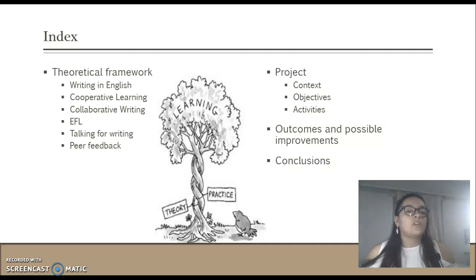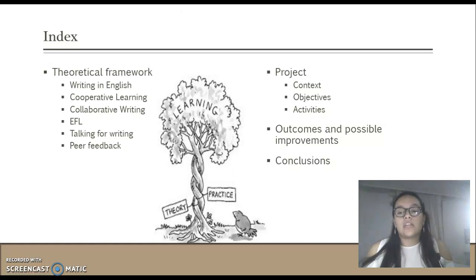In the first part, I have investigated writing in English, cooperative learning, collaborative writing, of course, English as a foreign language, talking for writing, and also peer feedback. In the second part, I had the opportunity to put all these investigations into practice, and I worked in a